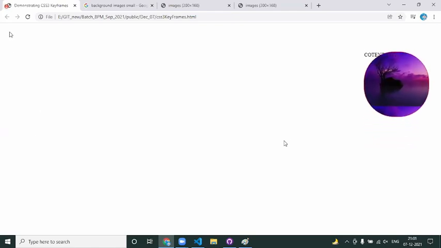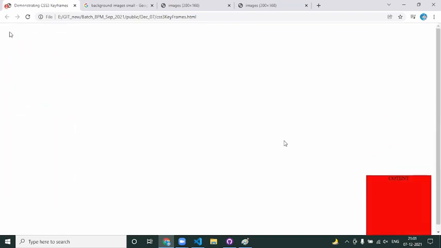Whenever we load the page, the box has to come on the left top of the container. It has to directly reach the right top. From there, it has to reach the right bottom. Again, from there, it has to reach the left bottom. And from there, it has to reach its original position. This implies the box has to travel to all the corner edges. So for this, you need to specify 0%, 25%, 50%, 75%, and 100%. Can you guys try that? Yes, sir.